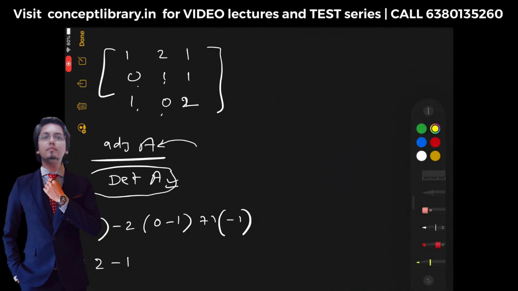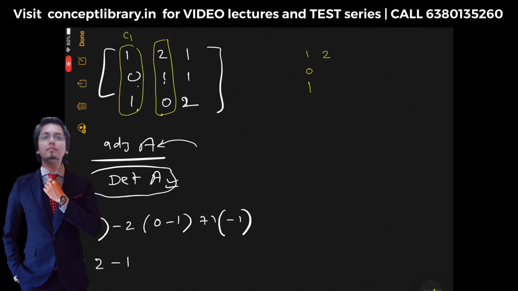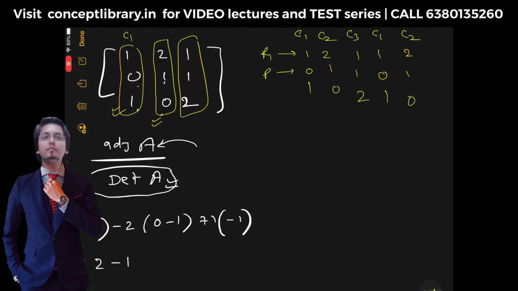Suppose you have this C1, this thing, right? So copy this. So 1 0 1, and then you copy this 2 1 0, then you copy this 1 1 2. Okay, then this C1 again you write here 1 0 1, and this C2 again you write here 2 1 0. Now we have copied, so this was our C1, this was our C2, and this was our C3, and now this is again our C1, this is again our C2. So now this became our new row 1 and this became our new row 2.